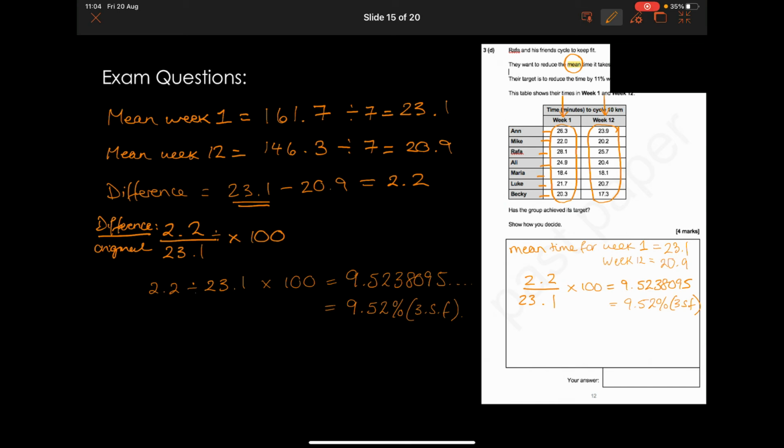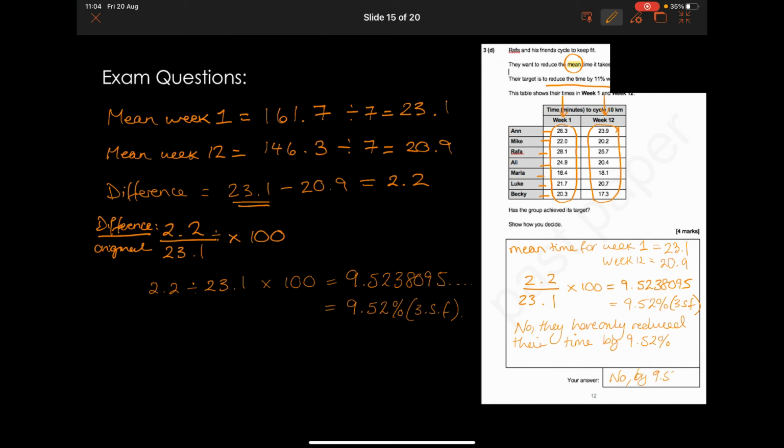Well, they wanted to reduce it by 11%. Sorry, I said increase, but they wanted to reduce it by 11%. And so you'll say, no, they have only reduced their time by 9.52%. And you can put here no